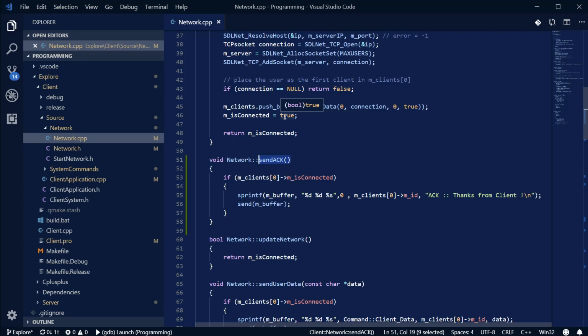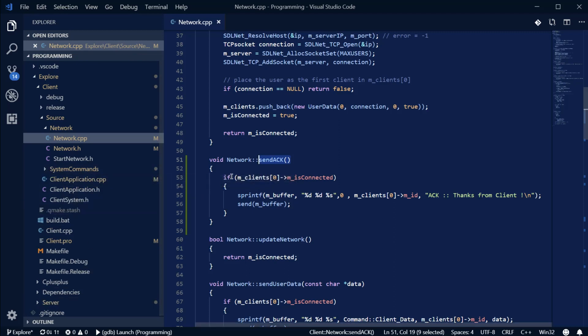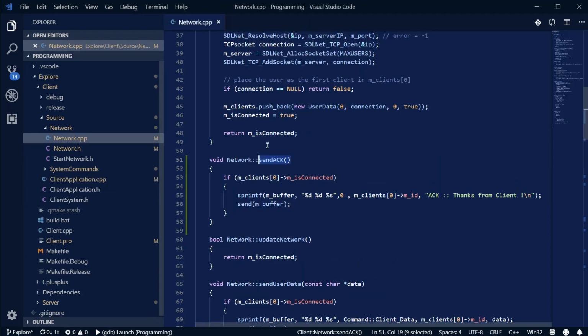So this sendack, what's it up to? Checks if you're connected. Creates a buffer of %d, which is 0, because that's the only thing that the network has at the moment. We haven't copied our system commands over. Once it's all complete, the system commands directory, that directory there, you just copy that straight over. And then you have to copy that straight over as well, if that makes sense. Which is the reason I took it out and put it here. Anyway,